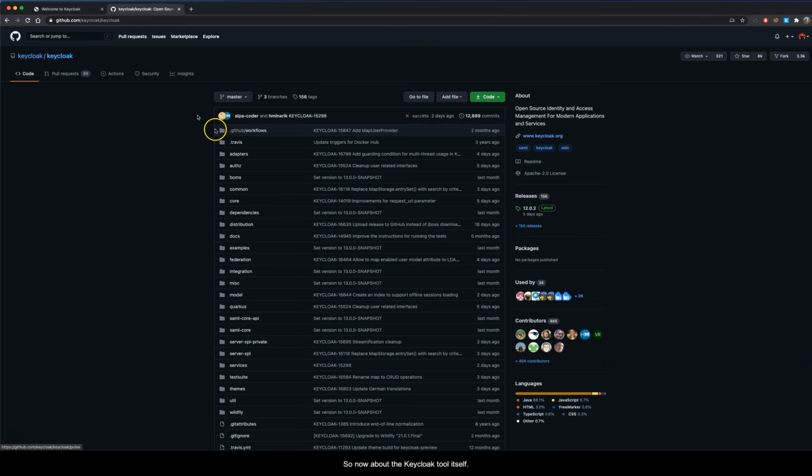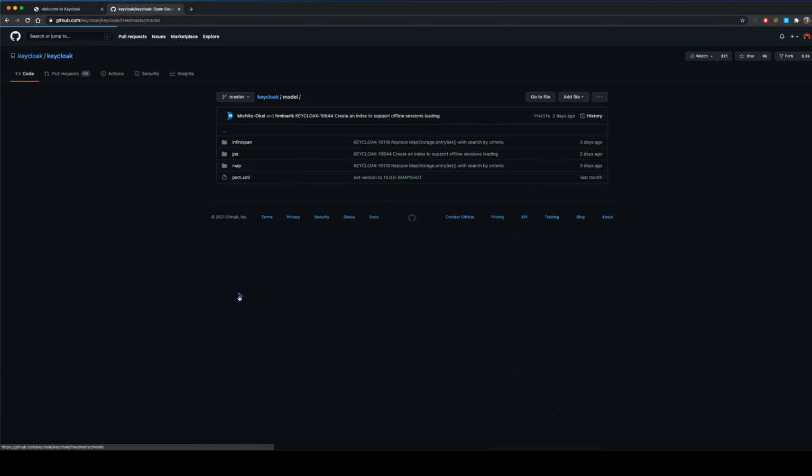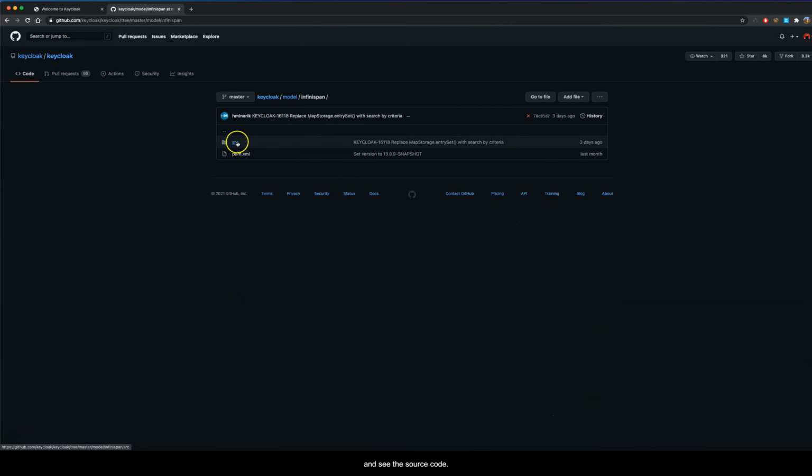So now about the Keycloak tool itself. So far we have seen how the community or the Red Hat team manages the project itself via Jira or GitHub, and also how they release it. But now let's see some technical side of Keycloak. For example, the entire Keycloak backend is developed in Java. So let's go quickly into one of the modules of Java